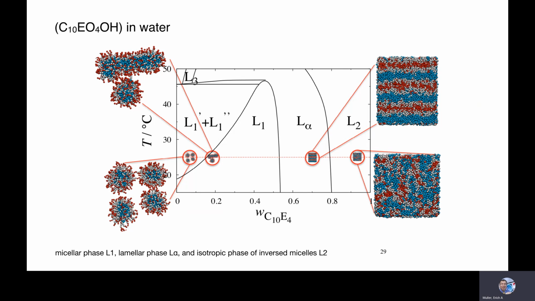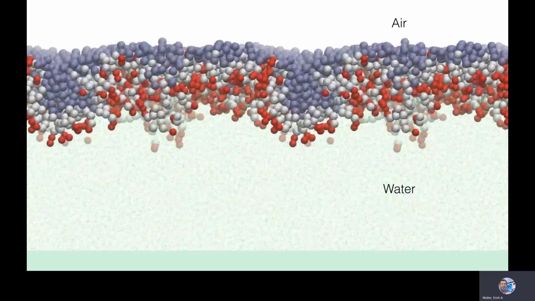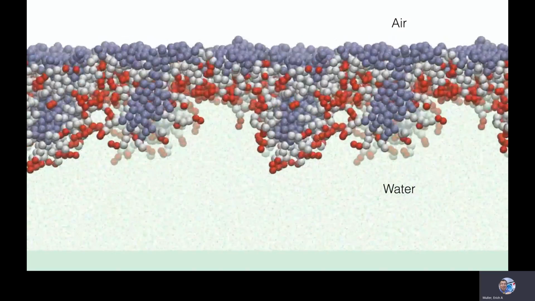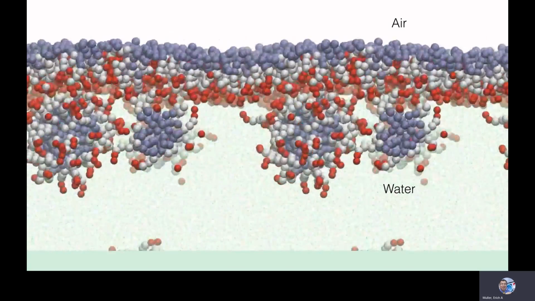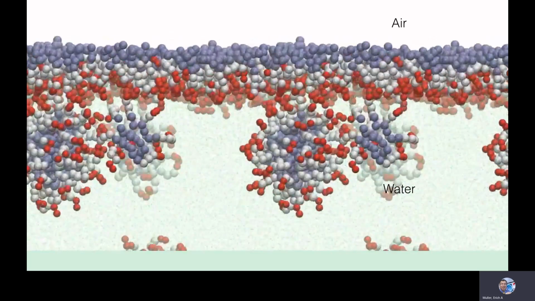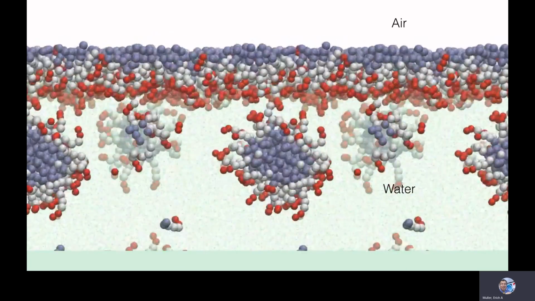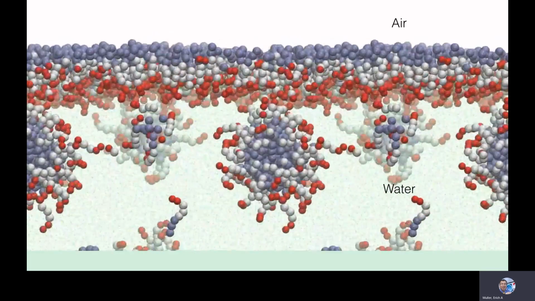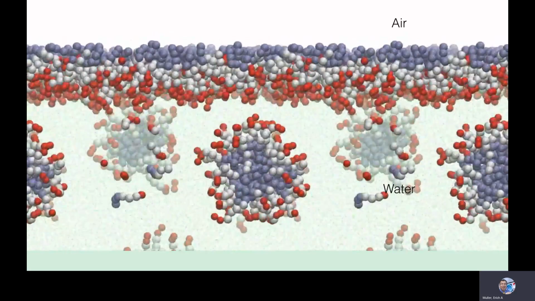In the following slide, I'll show you a movie of what happened in our model when we put it into the water-air interface and put an excess number of surfactants at the interface. What happens, of course, is that we exceed the CMC, or critical micelle concentration, and the micelles will start detaching from the surface in order to maintain a maximum amount at the interface. We were able to produce this movie